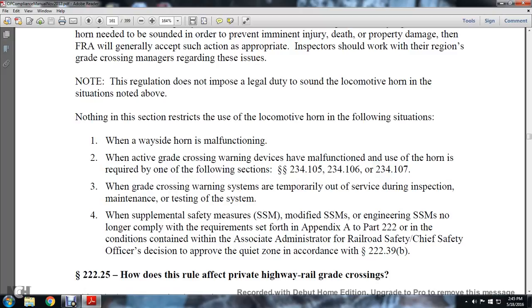Nothing in the section restricts the locomotive horn in the following situations: when a wayside horn has malfunctioned; when the active grade crossing warning device has malfunctioned, use the horn as required by the following sections: 234.105, 234.106, and 234.107; when the grade crossing warning systems are temporarily out of service during the inspection, maintenance, or testing of the system;